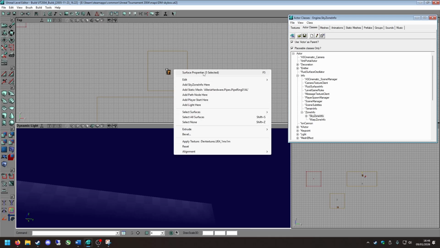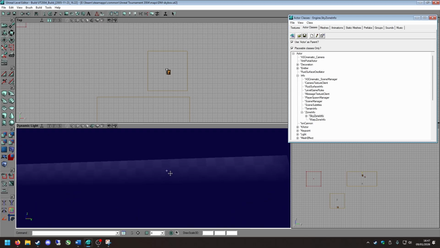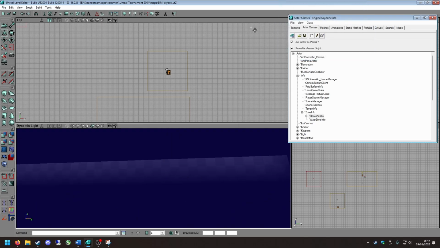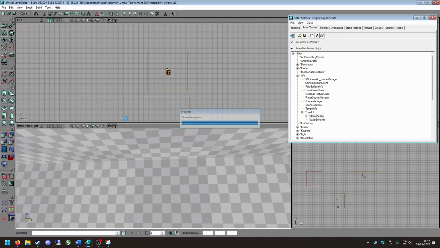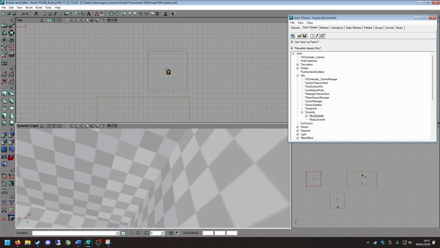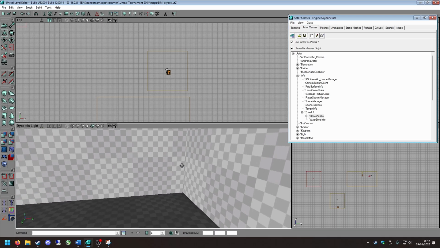So right click on all the walls. Don't do the floor, because otherwise, well, you can do the floor if you want to really mess with people, but just do the walls and the ceiling. Go to server properties and then do fake backdrop and then hit the compile button again. You will notice the walls have turned full bright because they're unlit basically,